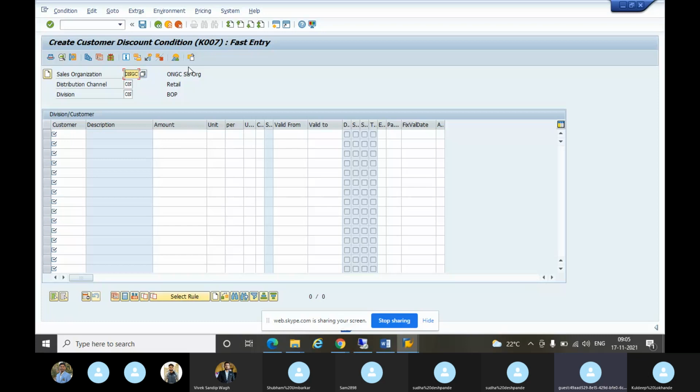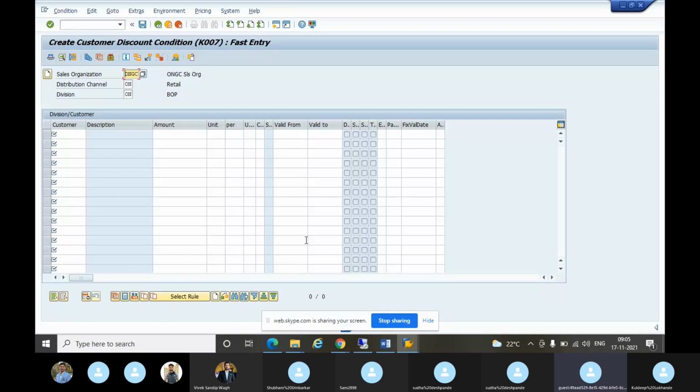But here in the rebate, the deducted amount will also be given back to the customer. That is called rebate discount. That is only for big orders. It will not happen for small orders. Big orders: 500 cars, 1000 cars, 2000 cars, where the order value is very high. Only then will rebate discount come into the picture.